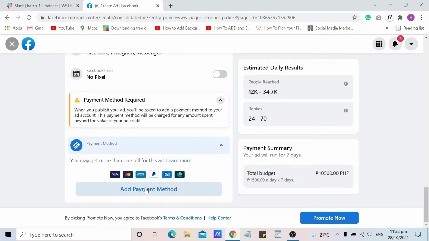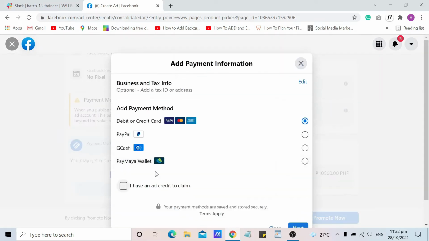You can click payment method. It is also the same as in getting started with automated ads.